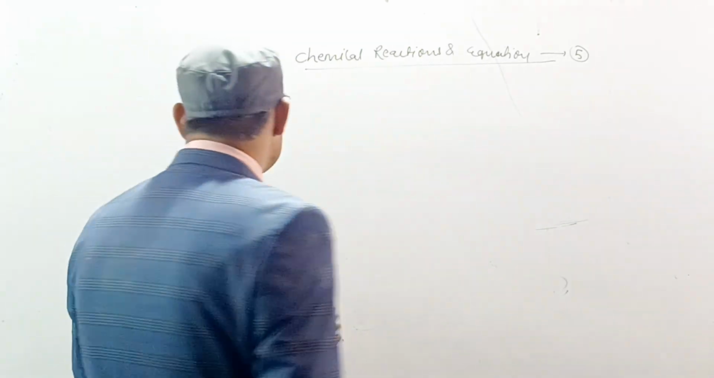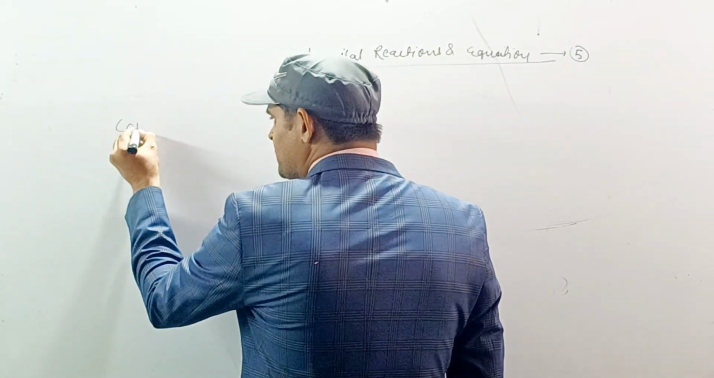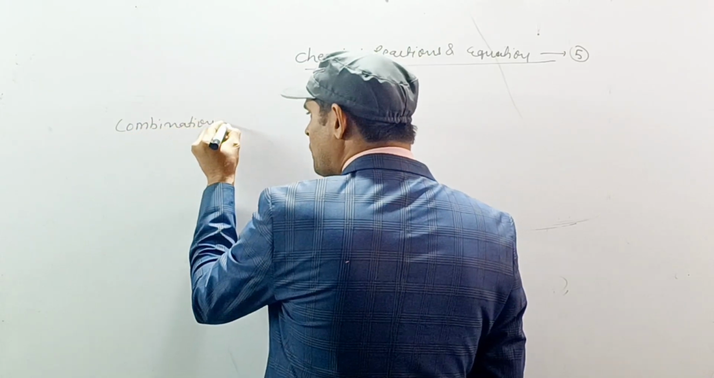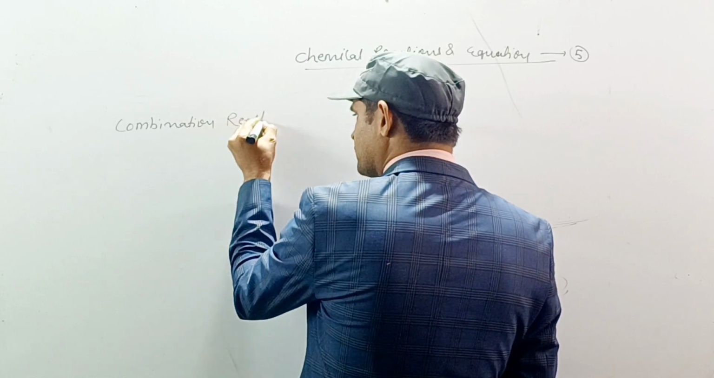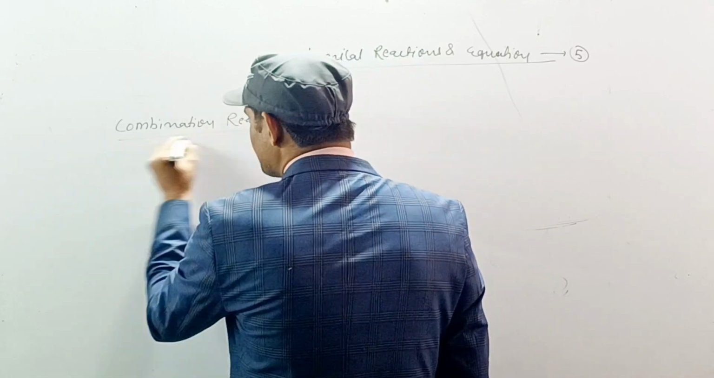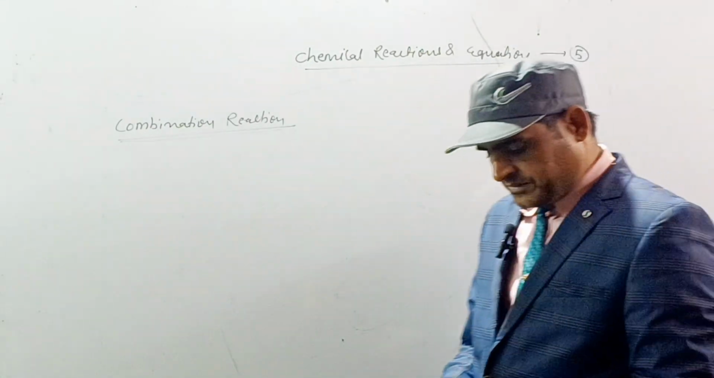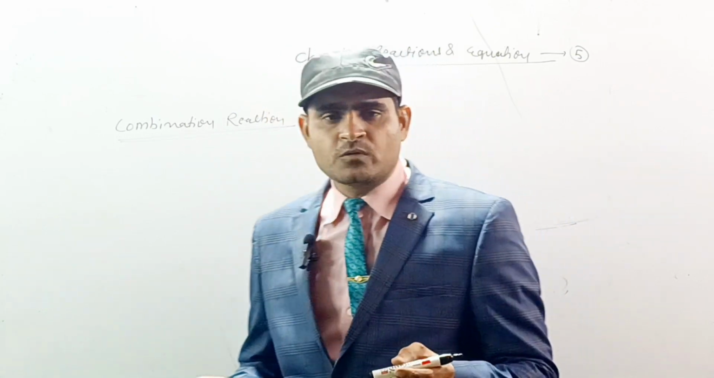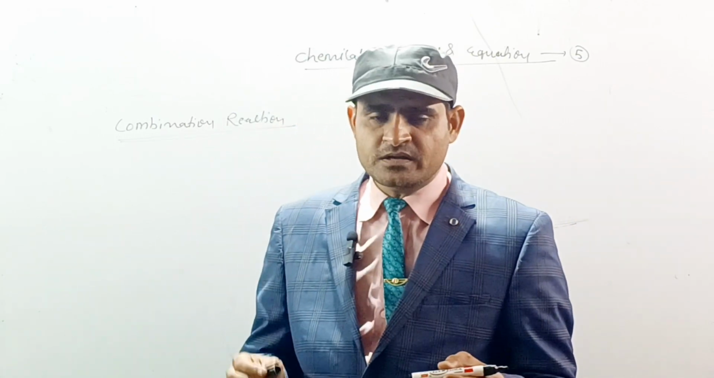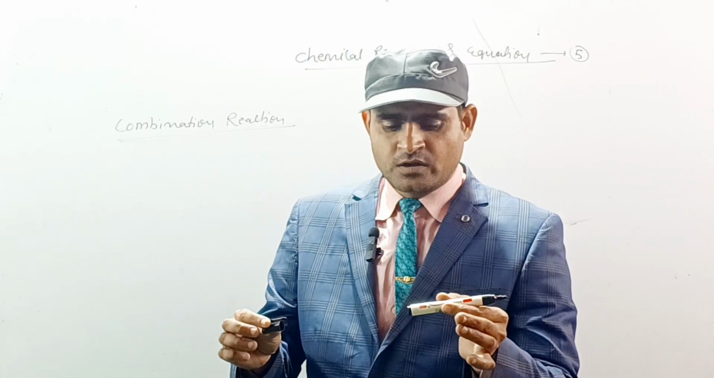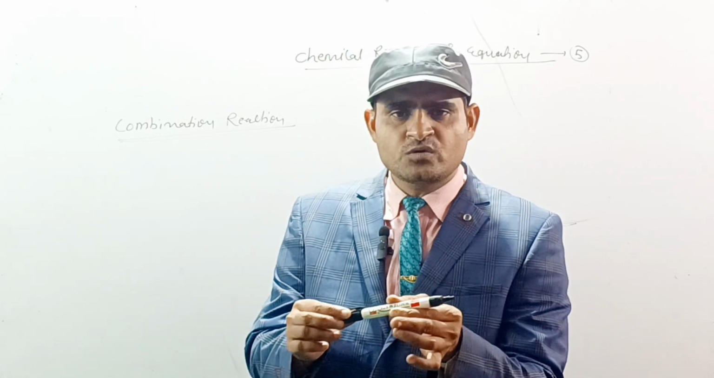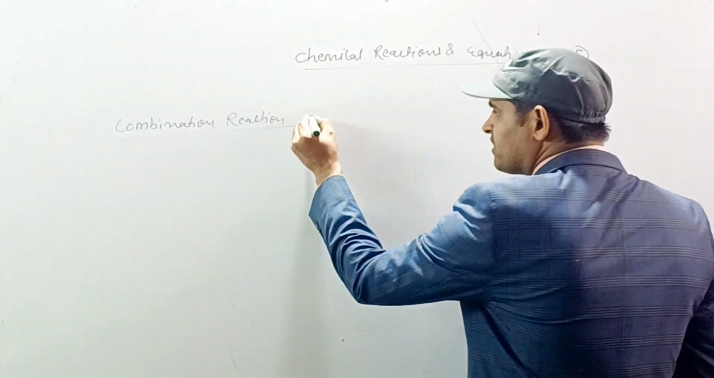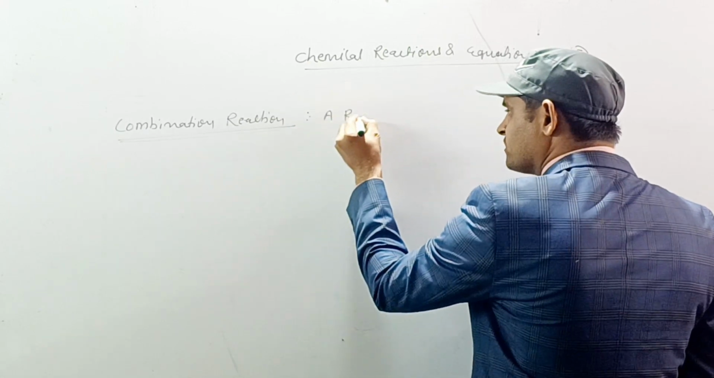First is combination reaction. In easy language, what is a combination reaction? We will learn about this reaction. My dear students, there are two reactants. When these combine with each other to form a product, it is known as a combination reaction. So we will write it this way: a reaction